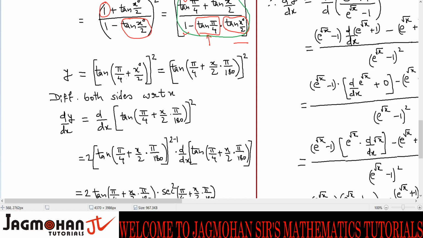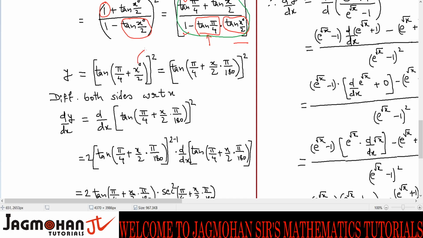Okay, now here, this is what I was waiting for. I wanted to tell you this, which I did not tell in the beginning of the question, because I was waiting for this step. Students, all these results which you have written for derivative, in lecture number 1 where I had given you d by dx of sin x equal to cos x, d by dx of cos x is minus sin x, all different results you have, like tan function, d by dx of tan x is sec square x, all these different trigonometric functions which you have differentiated, the results hold good only for radian measure. Please understand, those results hold good only for radian measure, not for the degree measure.